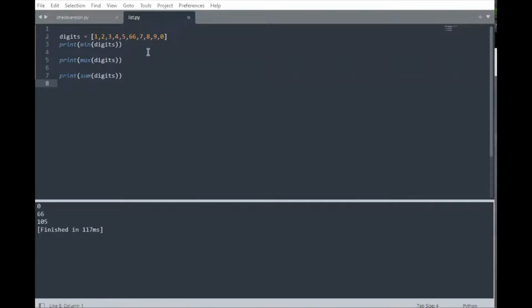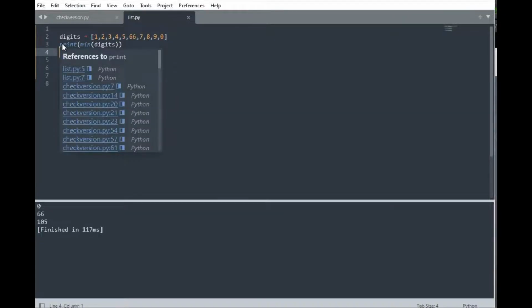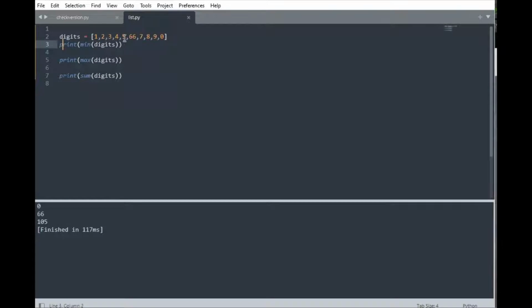Now, what if we wanted to quickly find the minimum value in a list, the maximum value in a list, and a sum? So we just wanted to add every value in the list together. Well, you can do that by using these methods. So you have your list of digits, 1 through 9, and I included 0 on there as well. And what we're going to do is the first one is going to find the minimum value in our list,